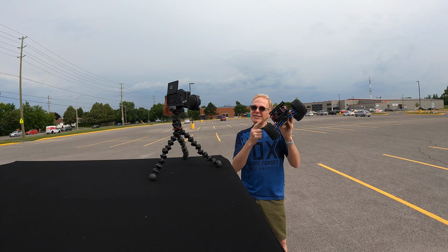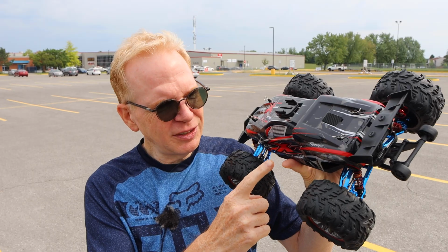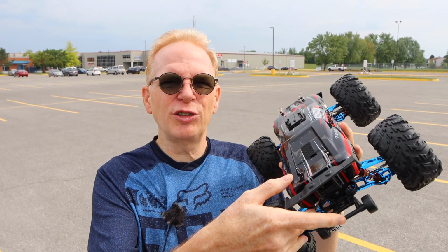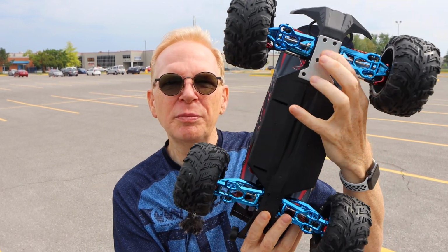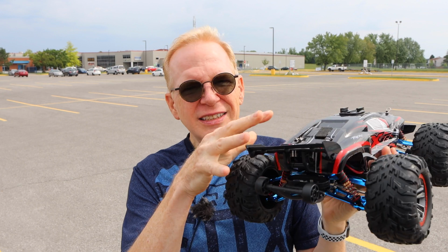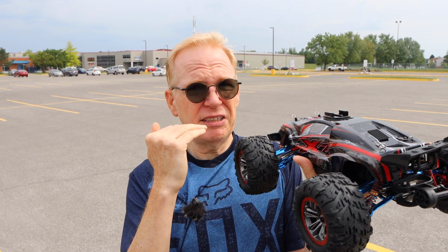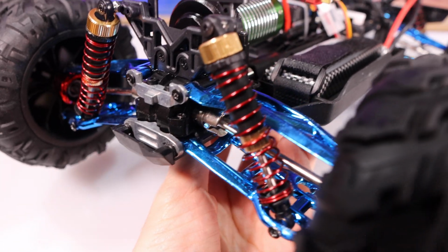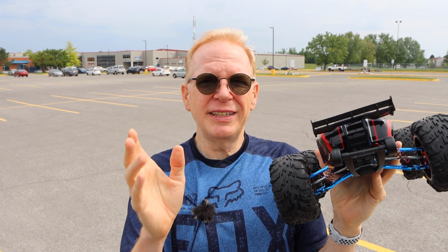And the interesting thing is that this car is different than a lot of RC cars I've seen in the past. When they put metal parts in a car, they usually also put a metal frame, but this only has a little metal piece here. Even inside, it's kind of interesting. It's got a metal diff, metal shocks, metal arms, everything you would think of, except they're using this type of plastic which is called nylon